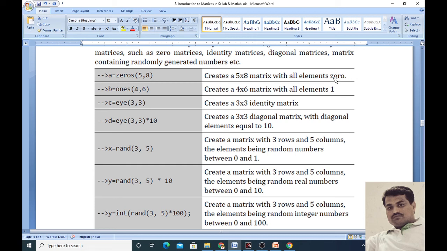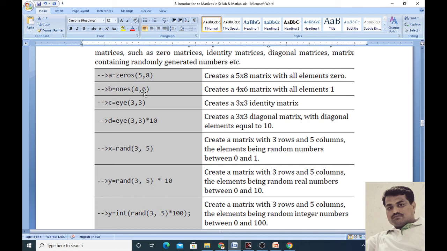Means we want one matrix whose order is 5 by 8 and all its elements are 0, then we can use this command. Suppose instead of zeros we want 1, then we apply ones 4 by 6. It generates a 4 by 6 matrix with all elements 1.